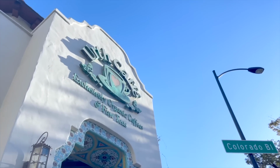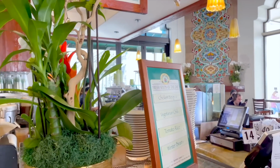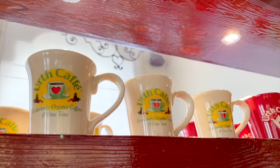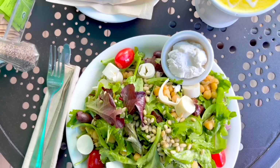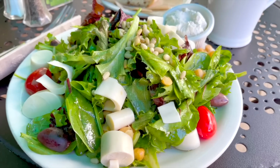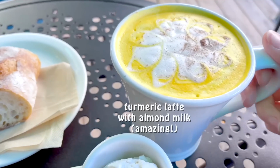Sometimes as a vegan, you have to get a little bit creative with the menu. Earth Cafe does have a few items that are just vegan as is. You can just order them straight off the menu. But sometimes I like to get a little creative. So this salad on the menu, which by the way is so delicious, it has a really nice tangy vinaigrette, hearts of palm, olives, tomatoes, pine nuts. But usually it has